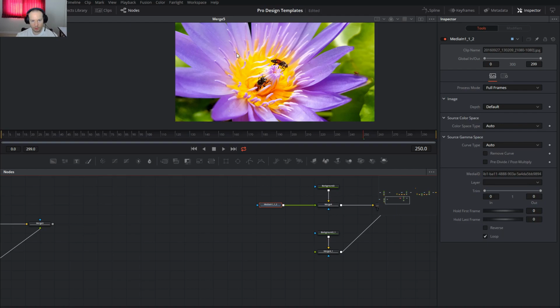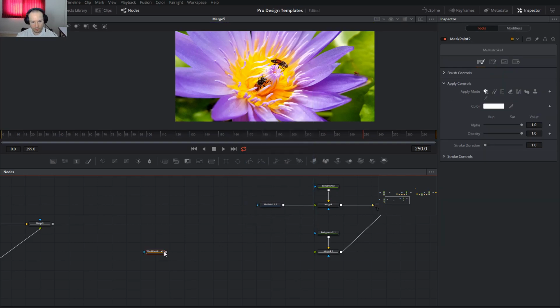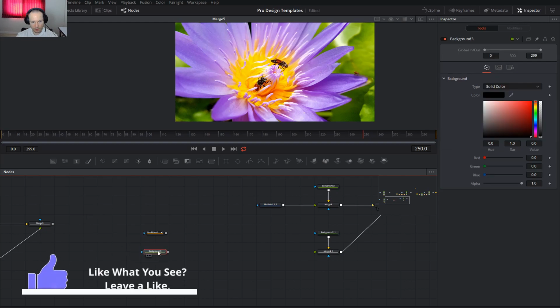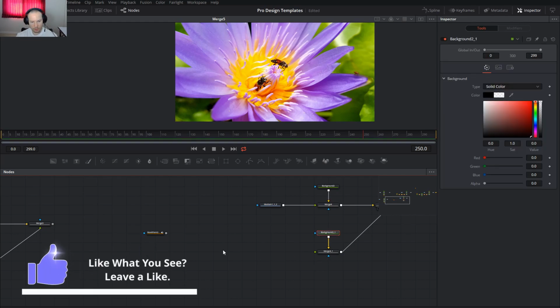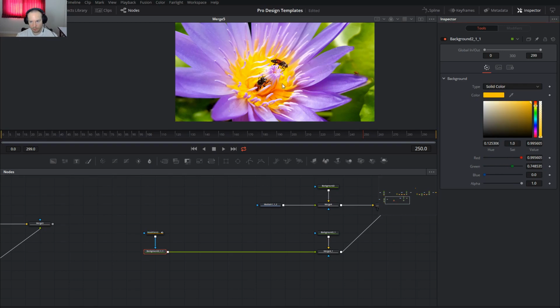Okay, now you want to add a scribble. Use the mask paint, take the background, or we can just copy this one, this would be better, and connect like this to the merge. Connect the paint, and this background we will choose the color of this flower in the middle, will be yellow,